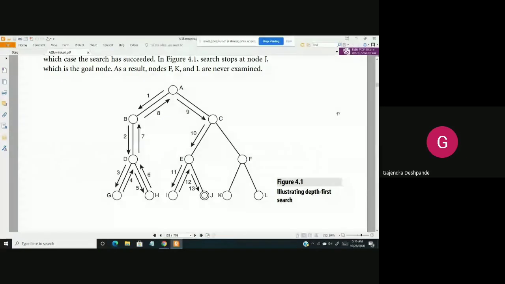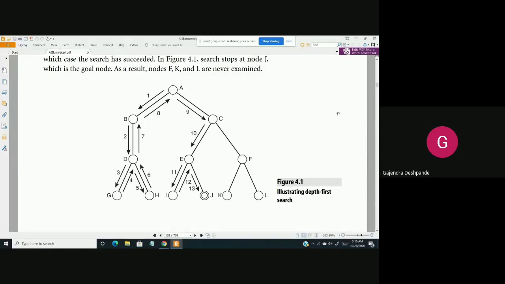Okay. Now how are you going to perform depth first search? Starting from the root node, you are going to visit all the nodes from the leftmost part of the tree. From the leftmost part of the tree, you are going to move to the rightmost part of the tree till you reach the goal. For example, you are going to start from node A and you are going to reach node J. So you will start from node A. As I have told you, you have to visit the leftmost part of the tree first.